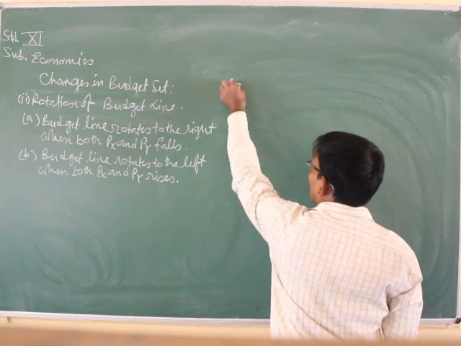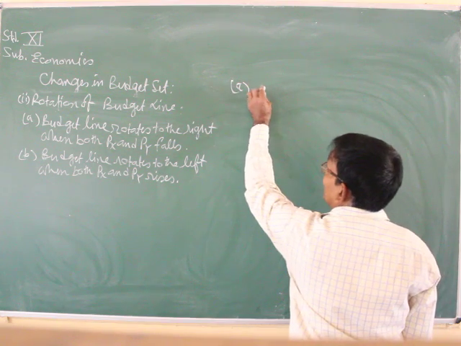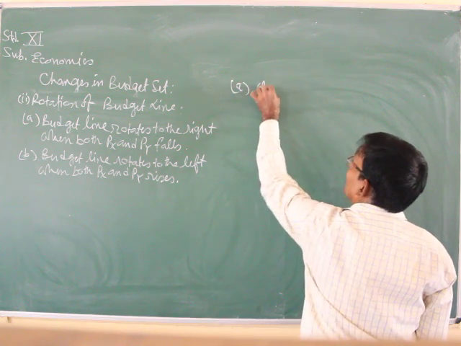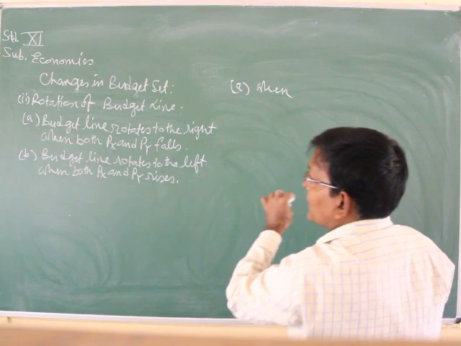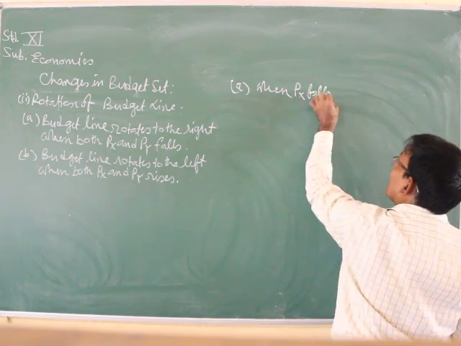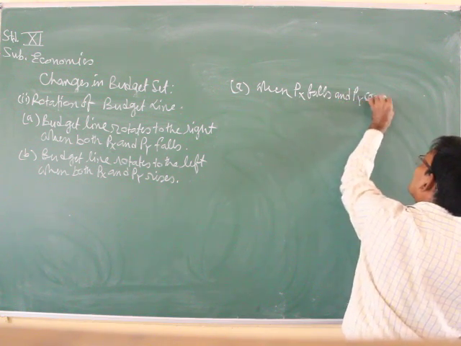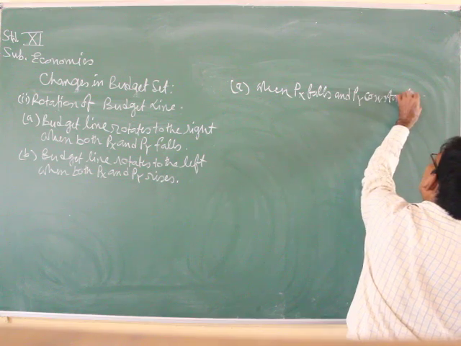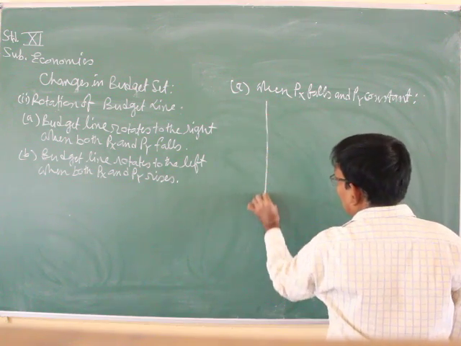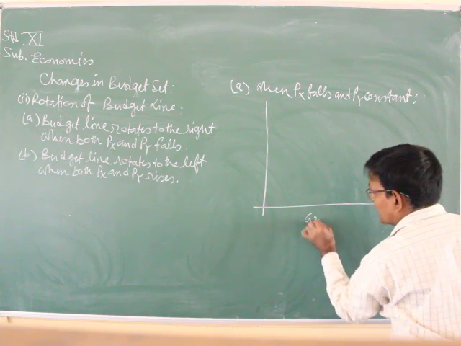How can it be possible? I am going to explain it with the help of two diagrams. When Px falls and Py is constant, what will happen? First we will draw the original budget line, with good x on the x-axis and